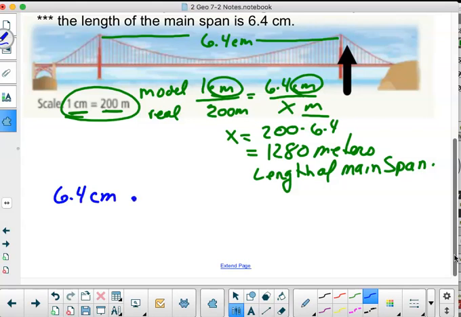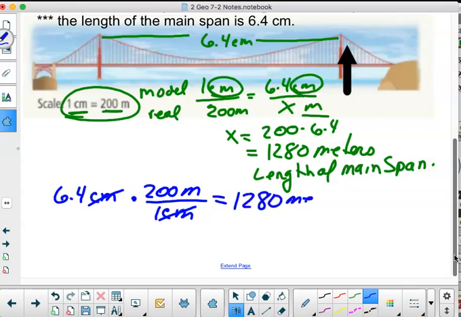I know it's 200 meters for every 1 centimeter, and my centimeters are crossed out. I then multiply 200 by 6.4, and I still come up with 1,280 meters